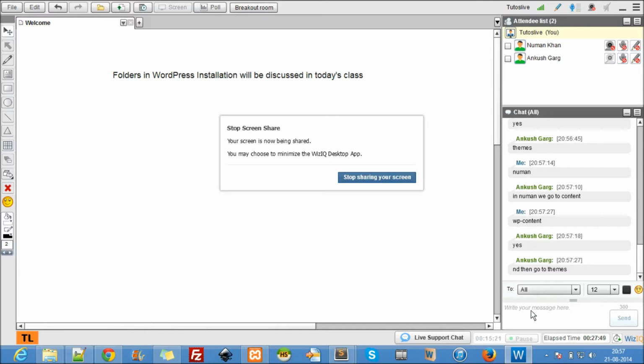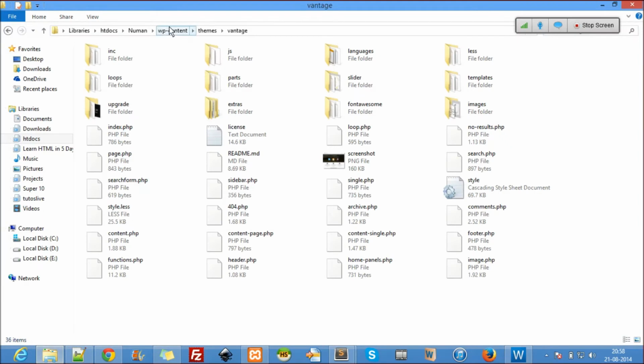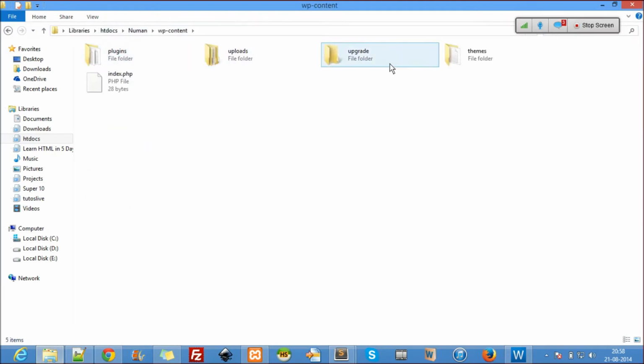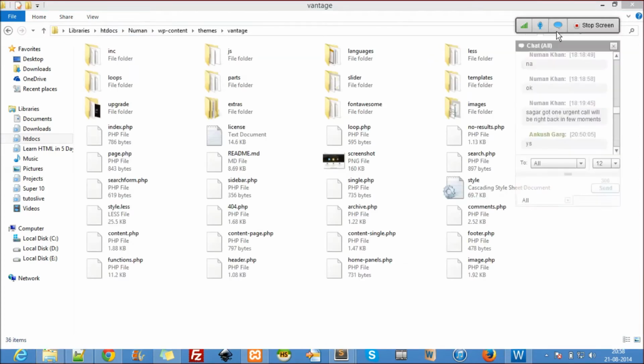From there, go to the current activated theme. Not everything is there. Go to the current activated theme. In our case, Vantage is the current activated theme. So go inside that folder and there you can change your layout. So I go to Numan, WP content, themes and Vantage.